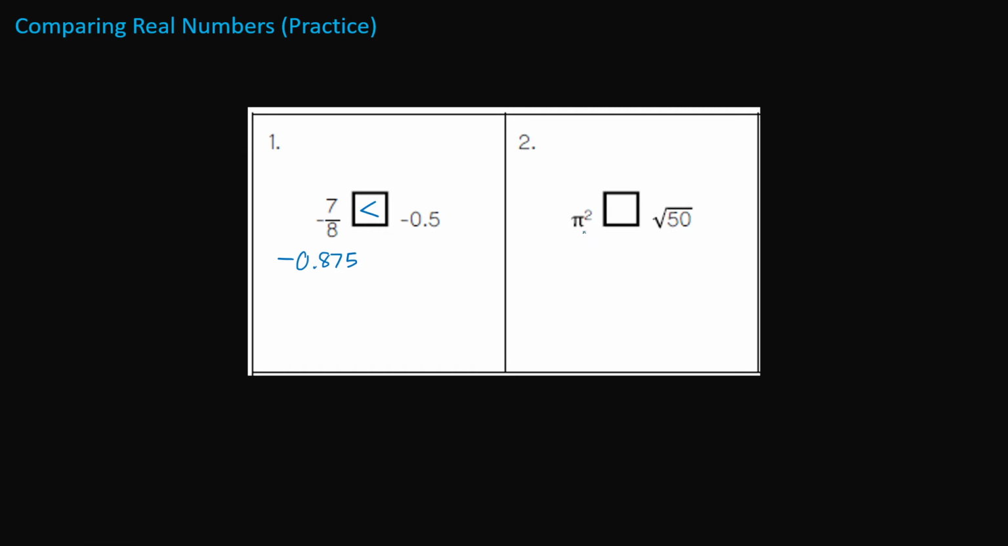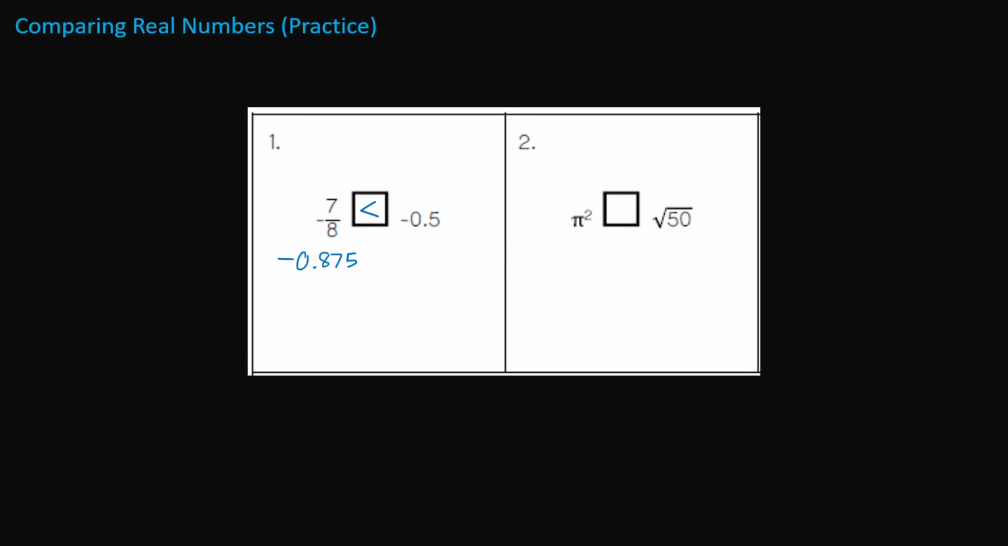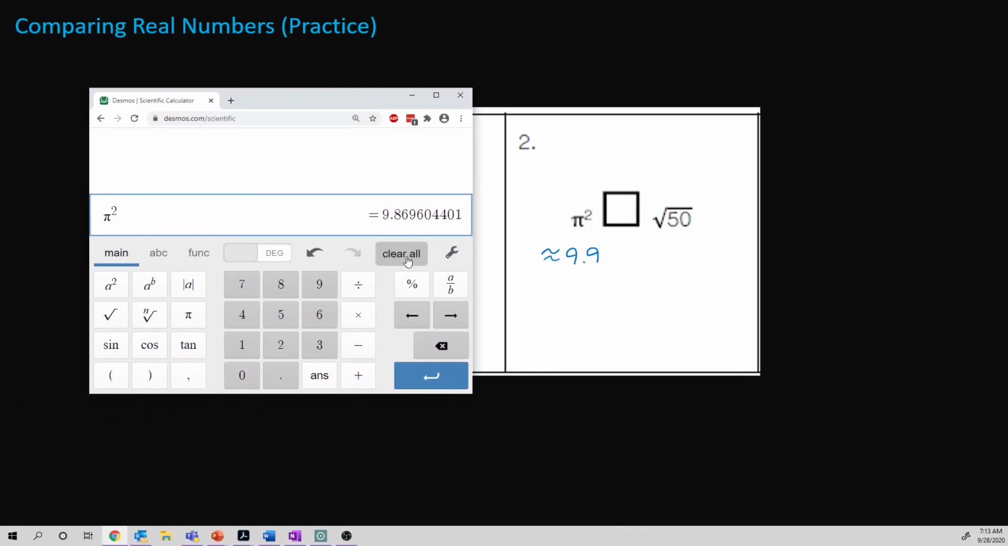Now let's compare pi squared to the square root of 50. Now let's just type this in here. If we did pi squared, 3.14 and then infinite digits after that squared is about 9.9 if I round. So about 9.9. And if I did the same thing, if I estimated the square root of 50 to the nearest tenth,